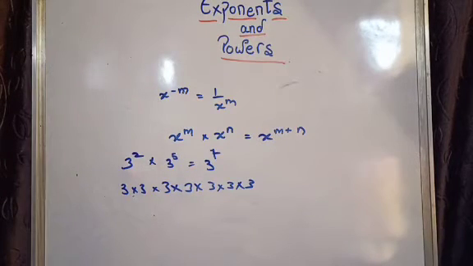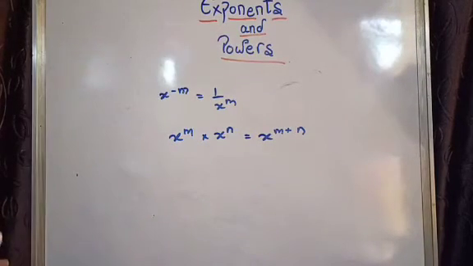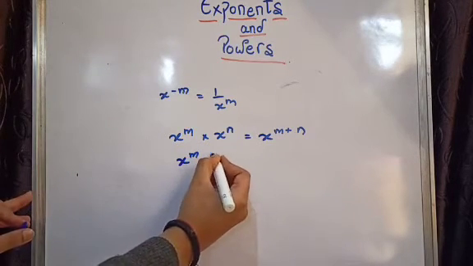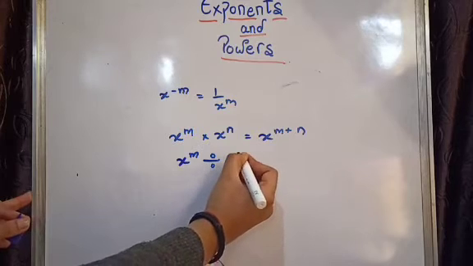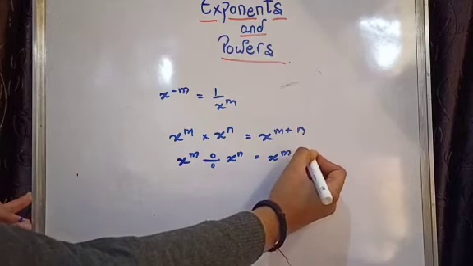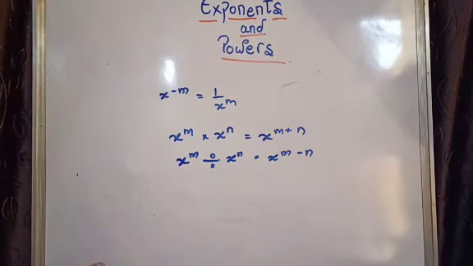So you get to know the reason for this also, that x to the power of m multiplied by x to the power of n results as x to the power of m plus n. So our second law is also clear. Now there is one more law, law third: x to the power of m divided by x to the power of n results as x to the power of m minus n. Some people don't know how it is possible, but like I told you about the first, this is also possible.